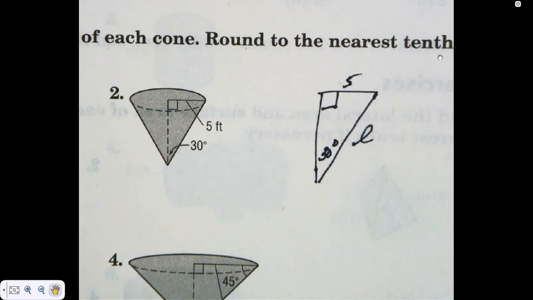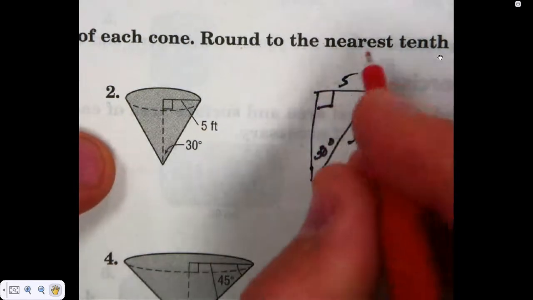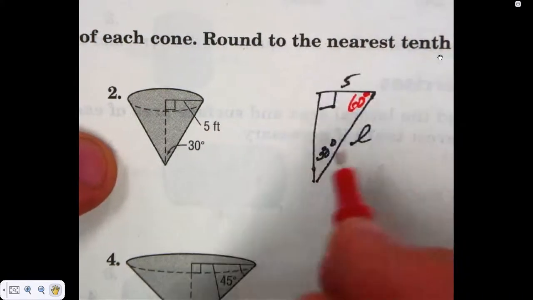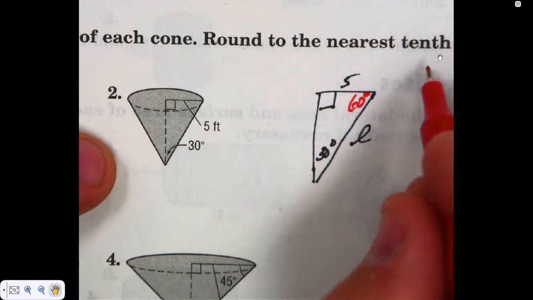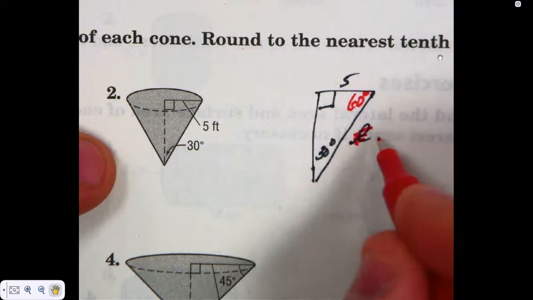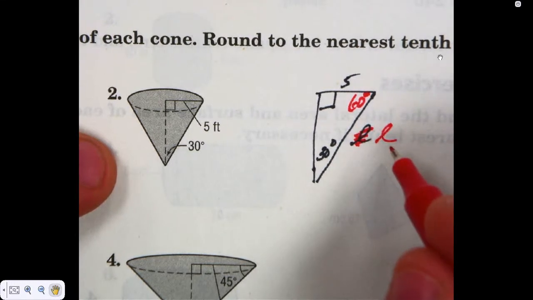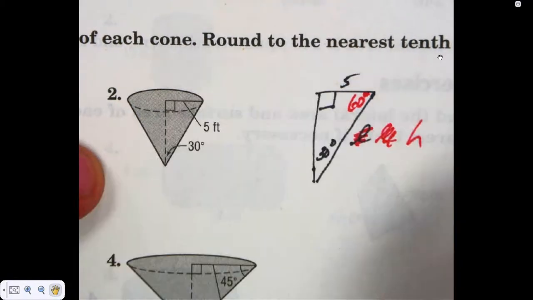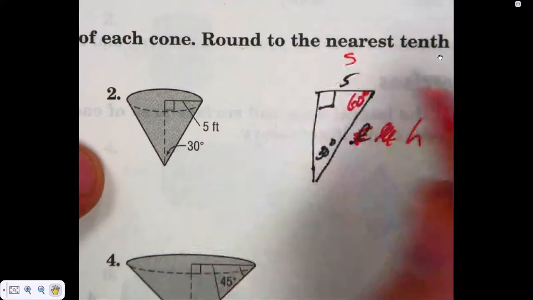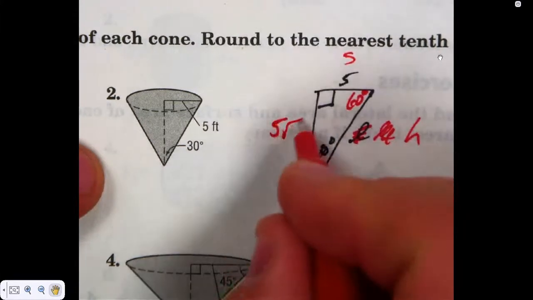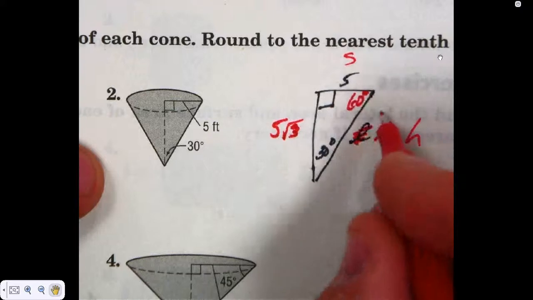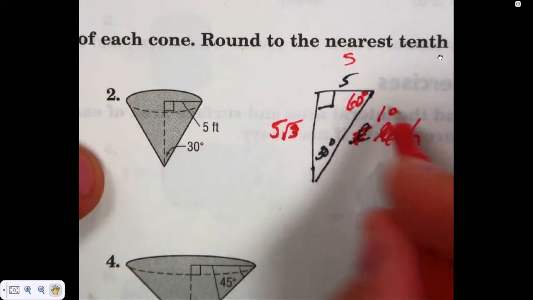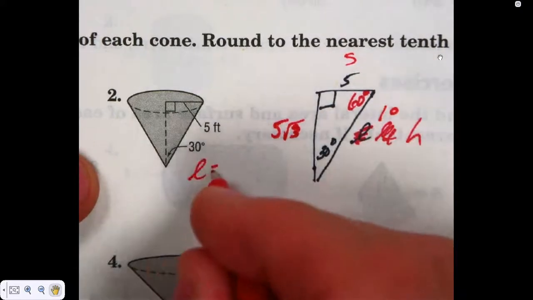Now, what kind of triangle do I have here? 30, 60, 90. If you'll remember, in a 30, 60, 90, well, this is the slant height, not L. We're mixing variables up here, aren't we? But this is the one I need. It's actually the hypotenuse, is it not? It's going to be our slant height. This is S, right? Then the longer leg is 5 times the square root of 3, right? The hypotenuse is double the shorter side, making it 10. So here, my slant height is 10,